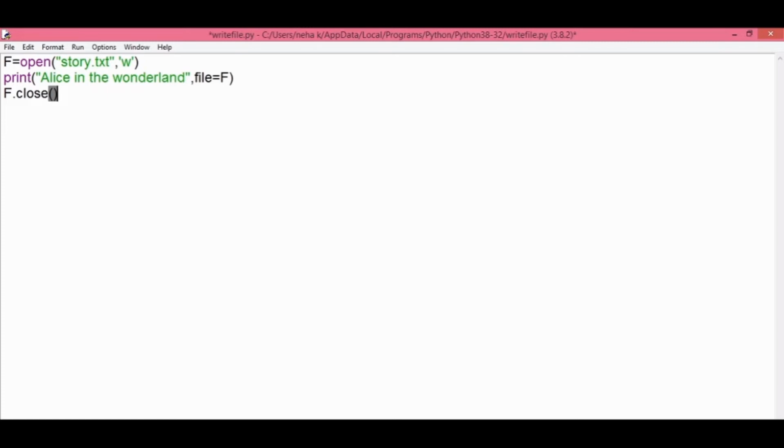So when I write file equal to f and f is connected with story.txt, instead of showing that output on the screen, the string Alice in the Wonderland goes to the file story.txt. Now this f.close indicates that I'm closing the connection of variable f with the file story.txt. So let's run this code.